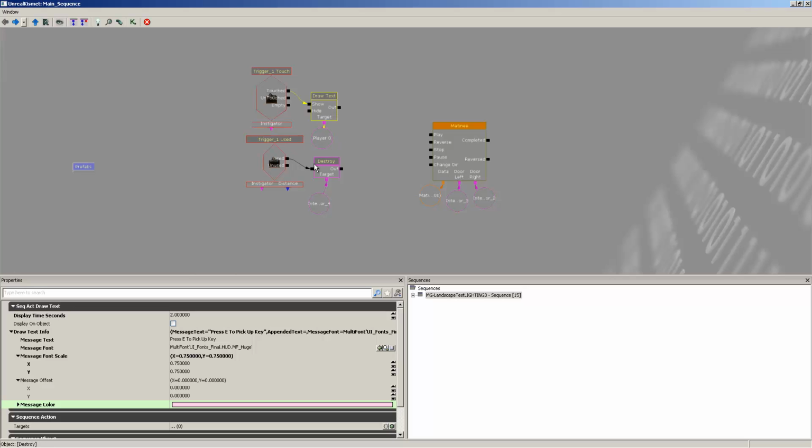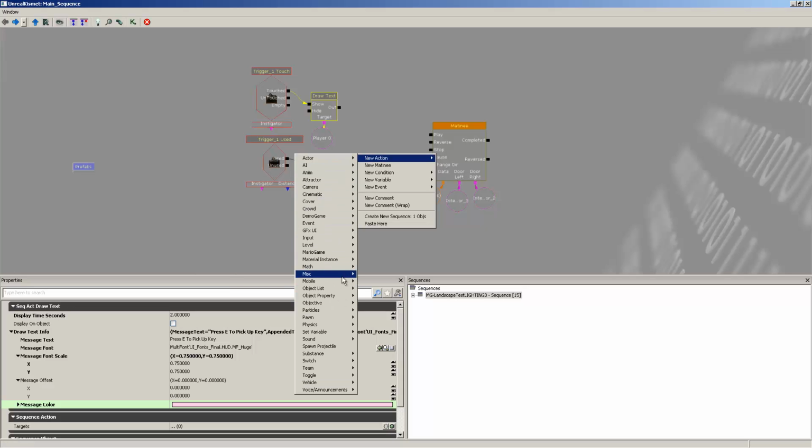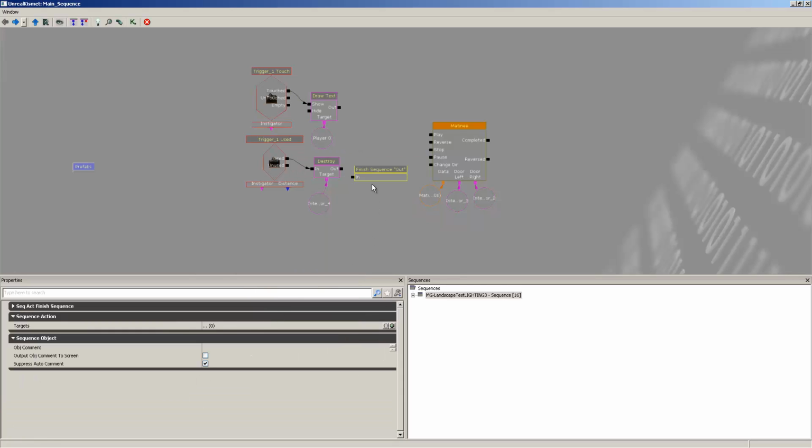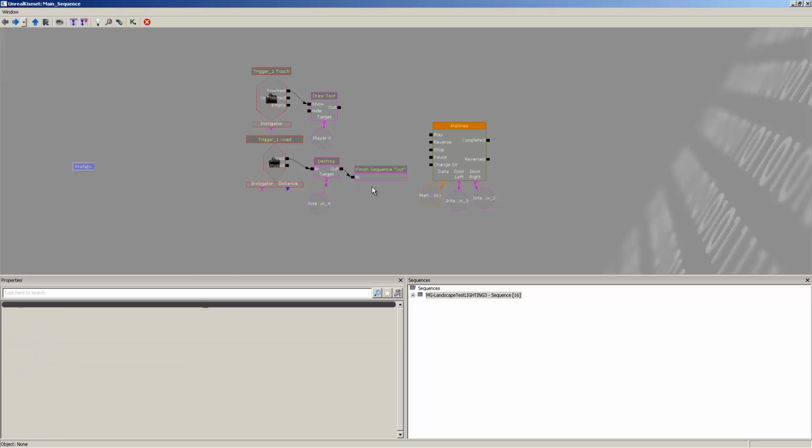The way you do that, first thing we're going to do is from the trigger 1 used, next to the destroy, right click, new action, and I believe it's miscellaneous, finish sequence. A lot of nodes in here to keep correct, but finish sequence is the one we want. And then we're going to get our destroy and hook it in from the out to the in finish sequence. What this is going to do,